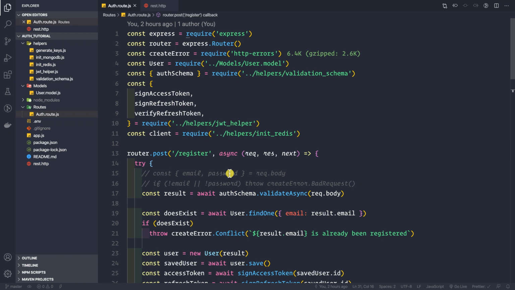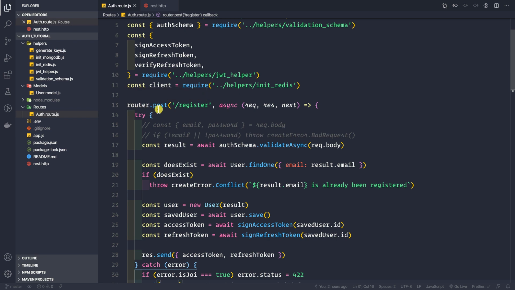Okay guys, so our application is completely ready and we can see that we can log into our application, but only a single thing remains, and that is to implement the controller pattern, that is using the MVC pattern. Though we do not have the view here, we do have the models and the controllers. So as we can see in this auth_route.js file, everything is inside this route file here.